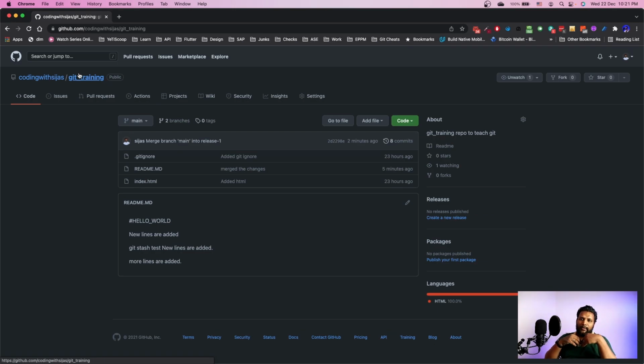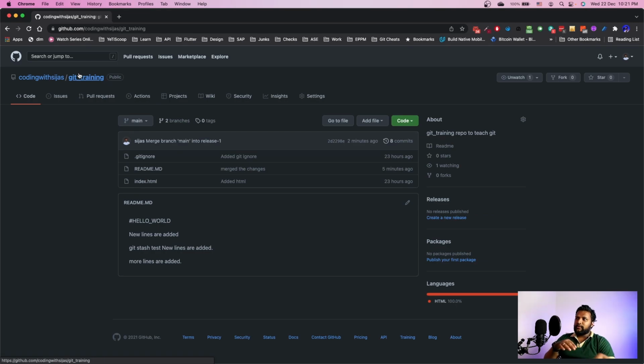So now both of these changes need to be merged into one single branch. Either you can merge your first colleague's branch into your branch, or you can take a pull request.